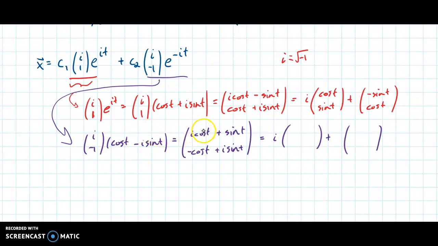In the top row, I get a cosine t. In the bottom row, I get a sine t. Notice those guys match each other. They're the same thing. So I'm sort of just getting that out. And then I get a plus sine t is a real component here, and a minus cosine t, which is the real component there. Notice that is the negative version of this thing. So now what I'm going to do is